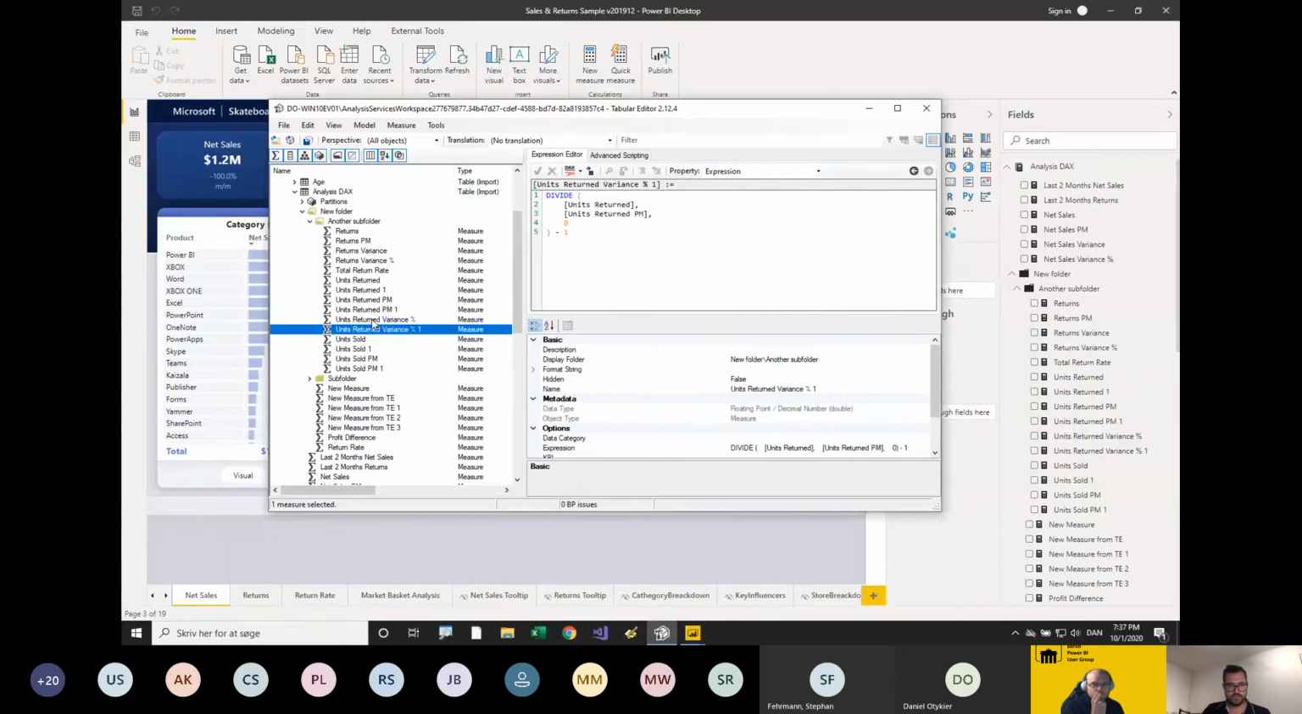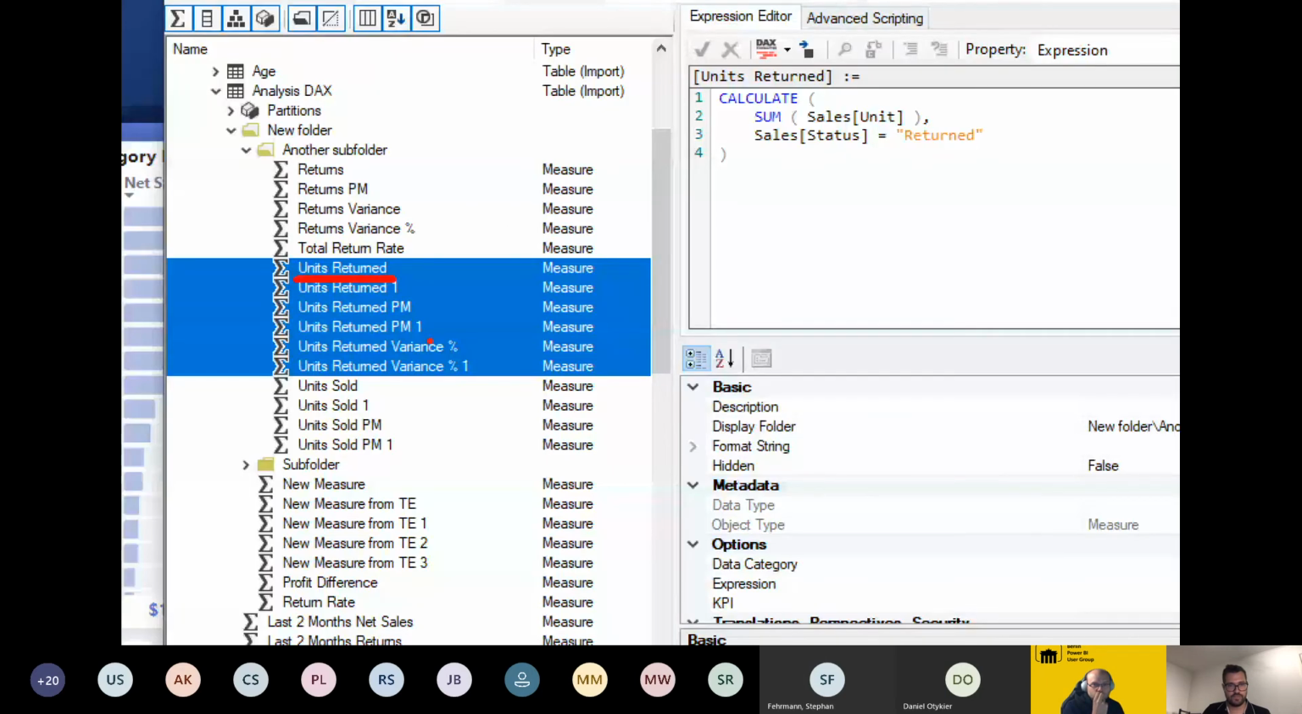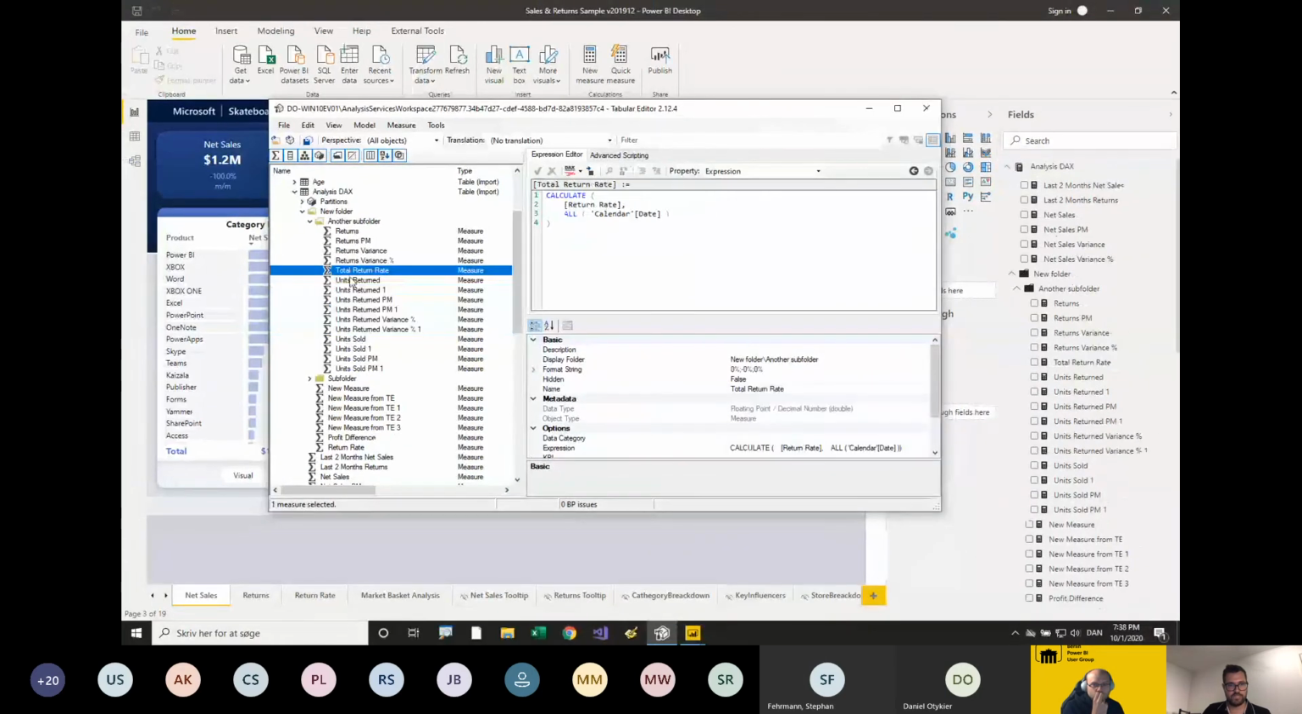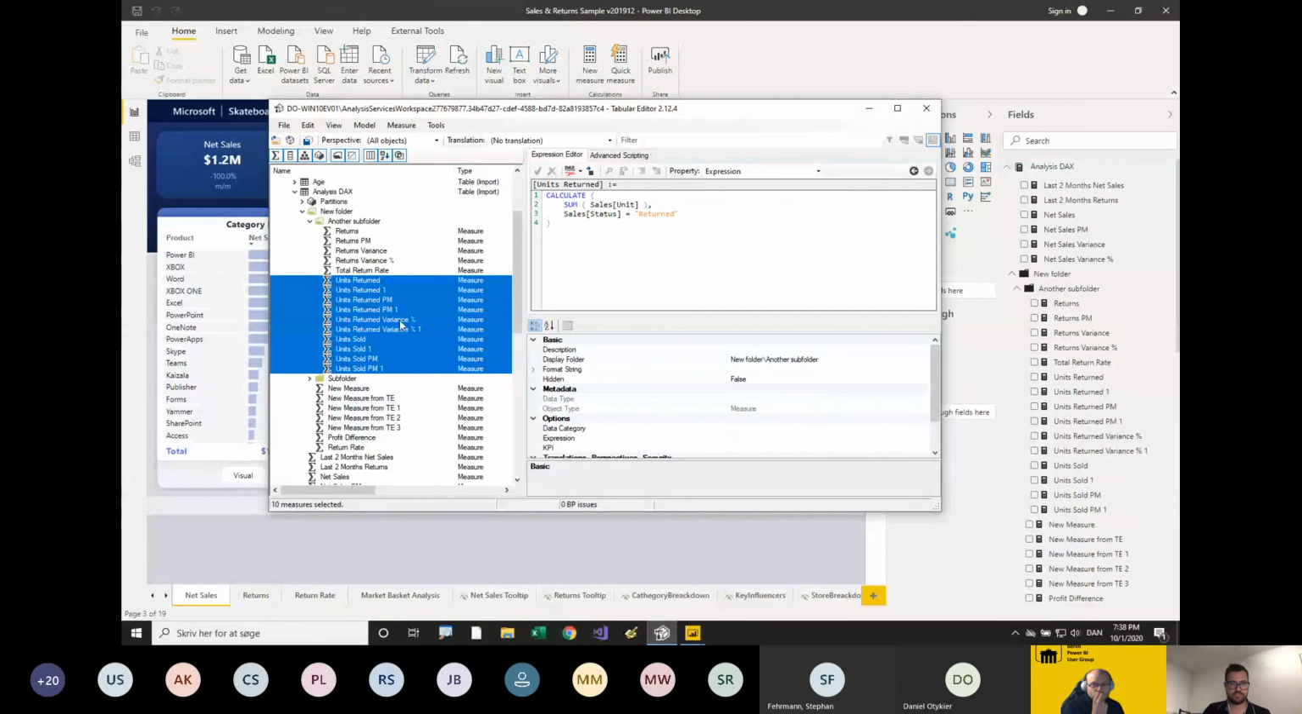And what else? Batch rename, for example. So let's say that we now have these objects here, and these are called units returned. Let's say for some reason I want to rename all of these to items. So instead of units, I want to type items. So we right-click, and